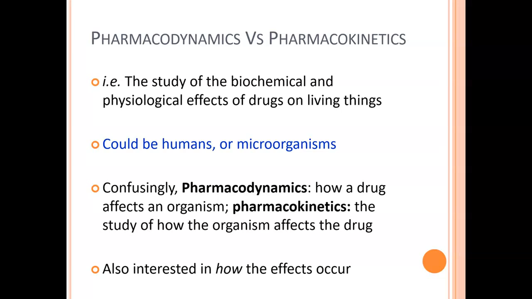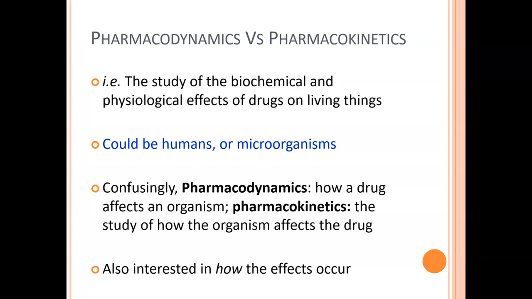So, pharmacodynamics versus pharmacokinetics. Pharmacodynamics is the study of the biochemical and physiological effects of a drug on a living thing. So that could be humans, that could be microorganisms, could be horses. It really depends on what the sample has come from, why you're analyzing it. There's all different types of things. So we talked about doping in horse racing, for example. Good example whereby you're going to get samples and you're going to want to know what drugs do on a